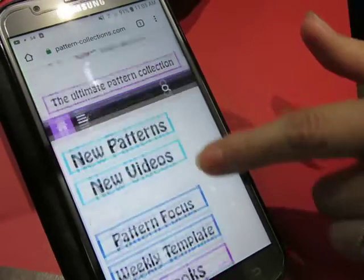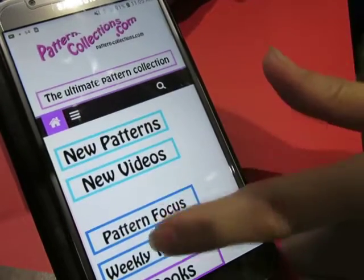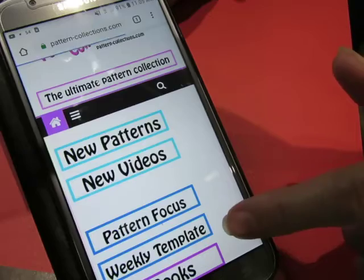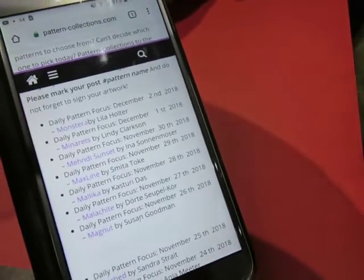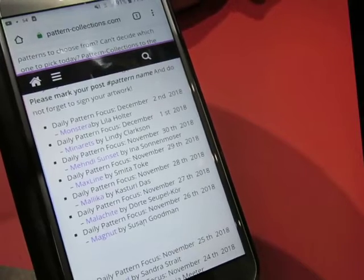Alrighty, let's see where we're at today. Pattern-collections.com, where you will find today's pattern focus. Scroll down until you find today's pattern. Today's pattern is going to be shown on